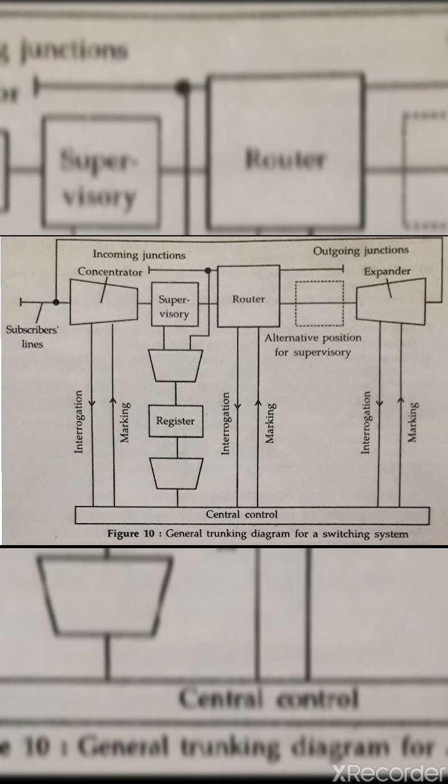The central processor interrogates all trunks which can be used for a required connection to determine which are free. In a manual system, the concentrator consists of a group of answering jacks and plugs in front of the operator. The operator performs the function of a register and the central control. The expanders are provided by the jacks in the multiple. A single switch can provide access to all the lines on even the largest exchange.